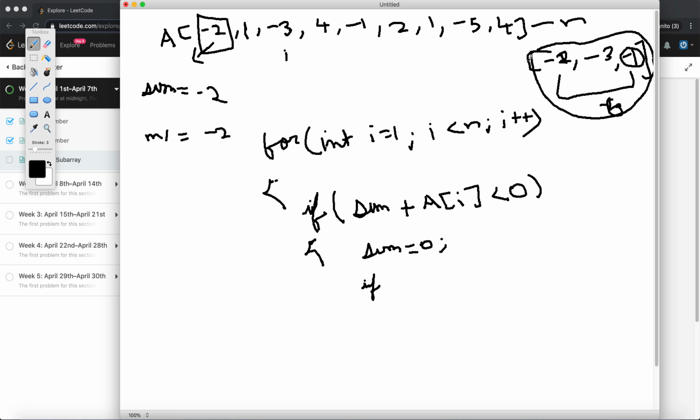there could be a scenario like this corner case where everything is negative? So what if my A of I was greater than my existing max? In that case, isn't it viable to update my max to A of I, and also to update my sum to be A of I,